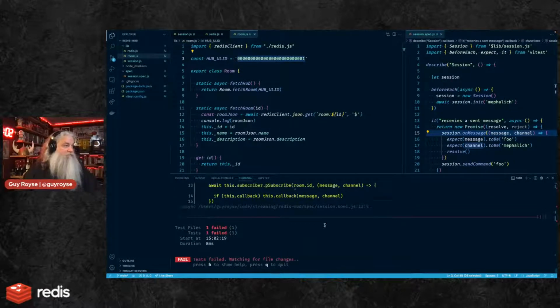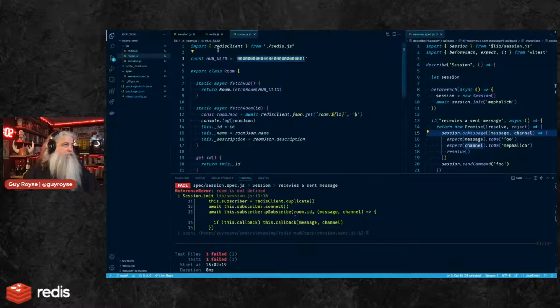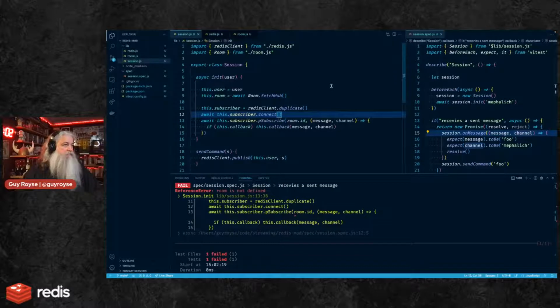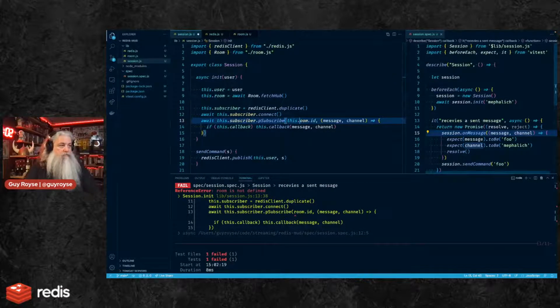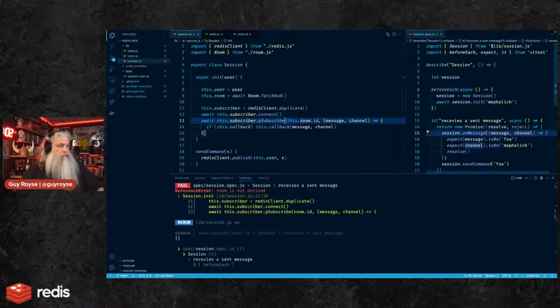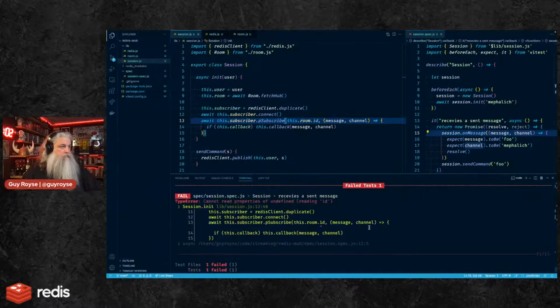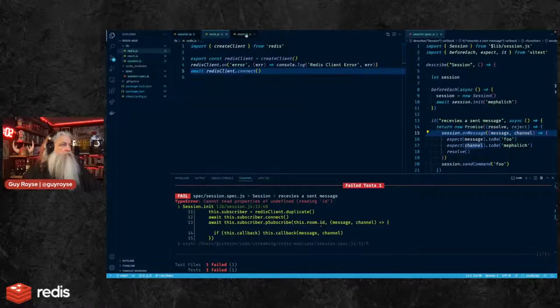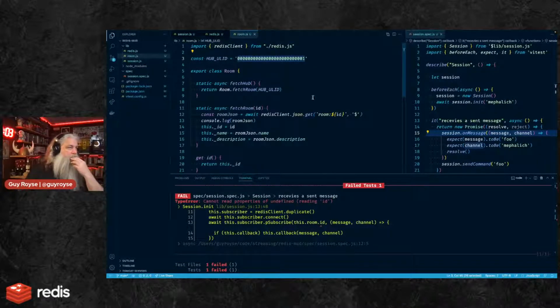we're getting a different error, saying room is not defined. It's this.room.id. Cannot read properties of, oh.